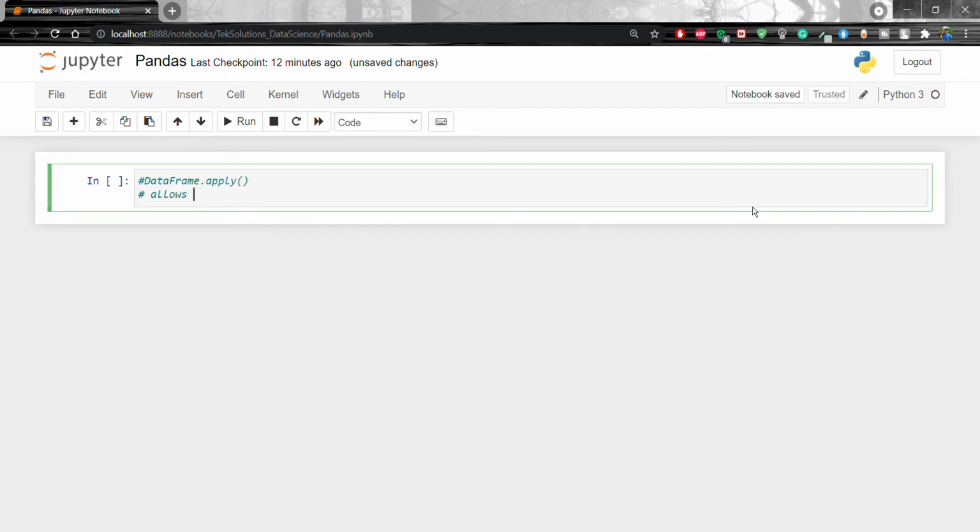It's going to allow the user. So what will the apply function do? It allows the user to pass a function and apply it to every single value. That is very important.